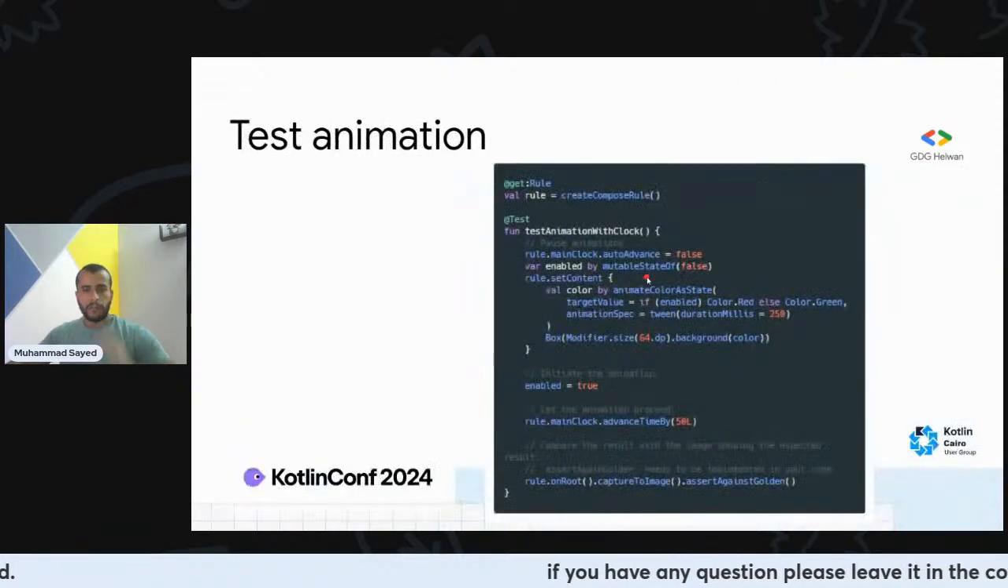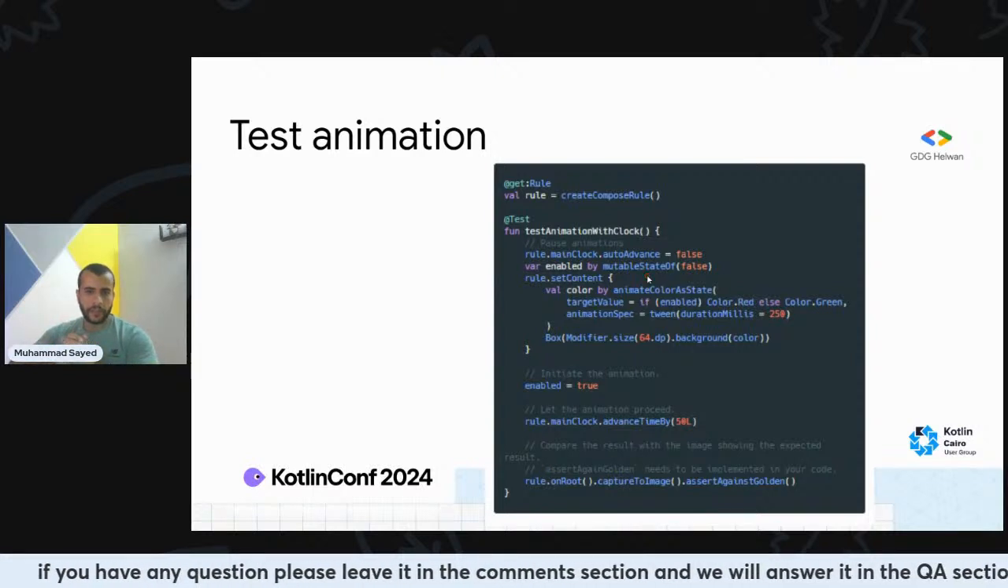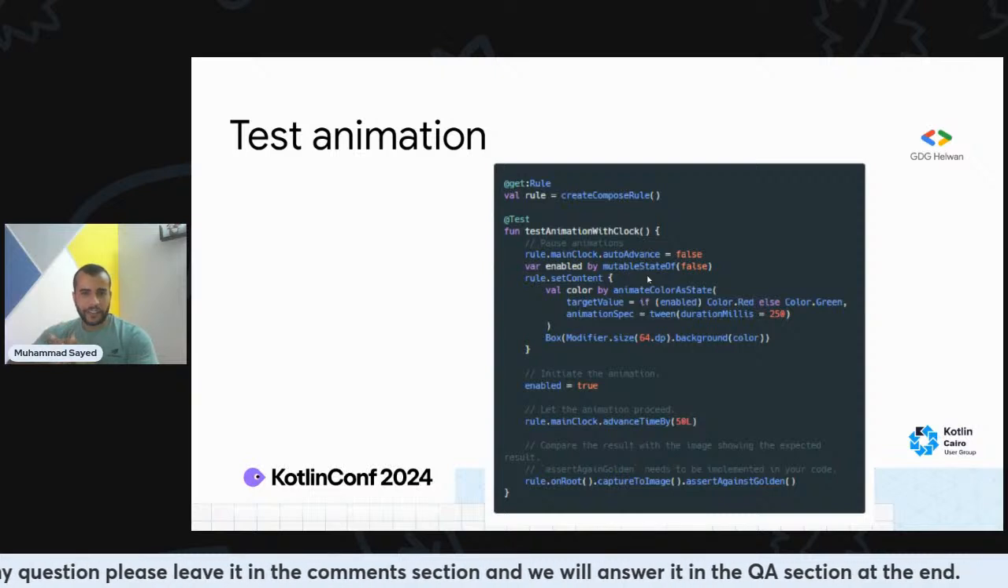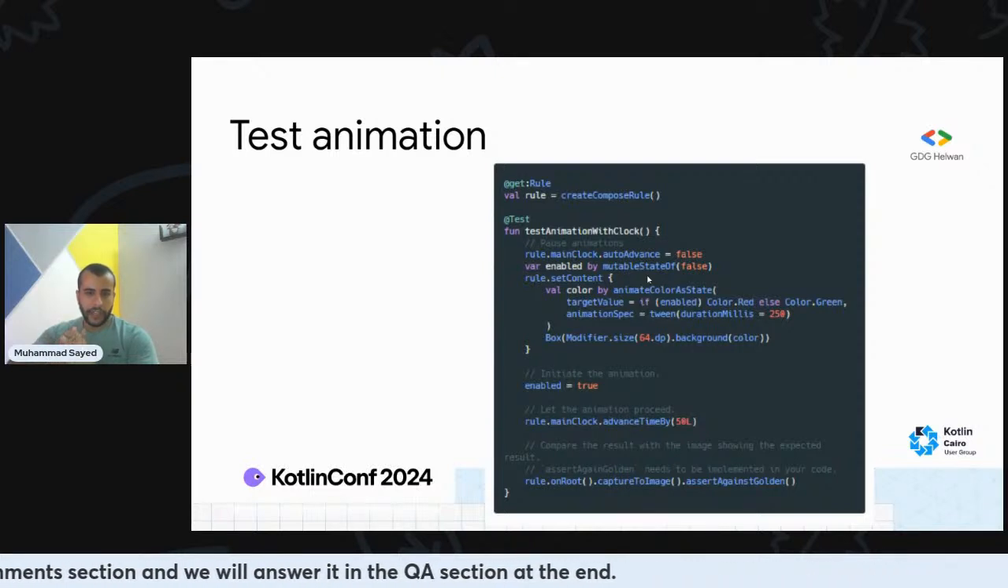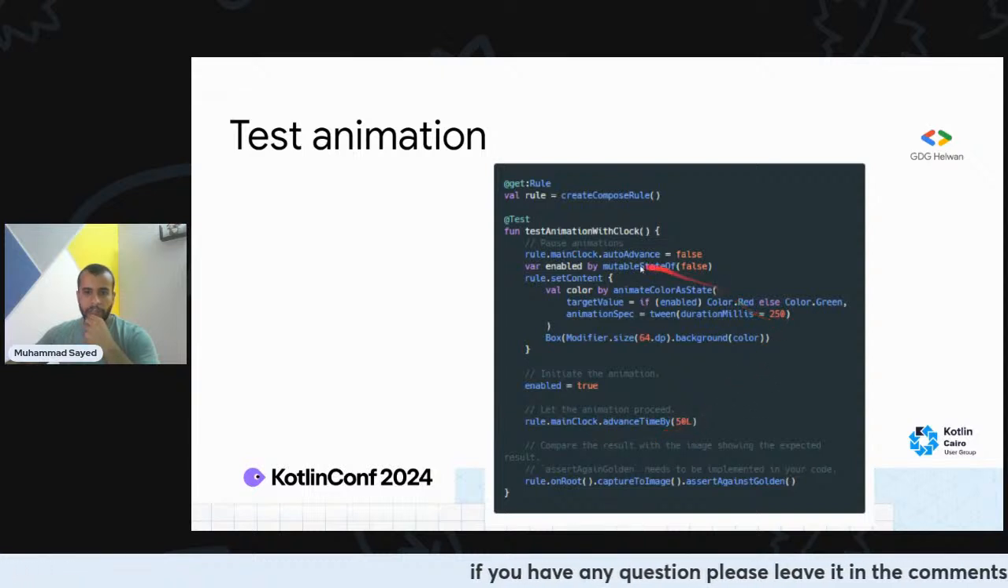So moving forward, I believe testing animation is easy as well. By running this code, you can test the animation by initializing it and then letting the animation proceed by using this advanced time by. This makes